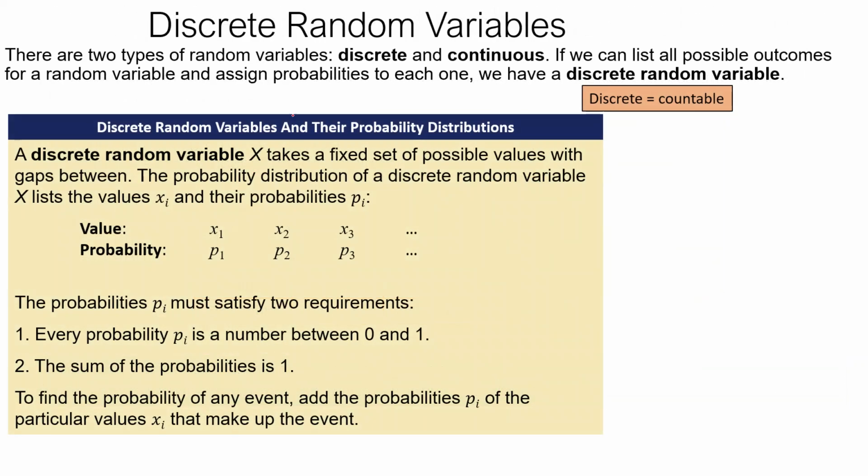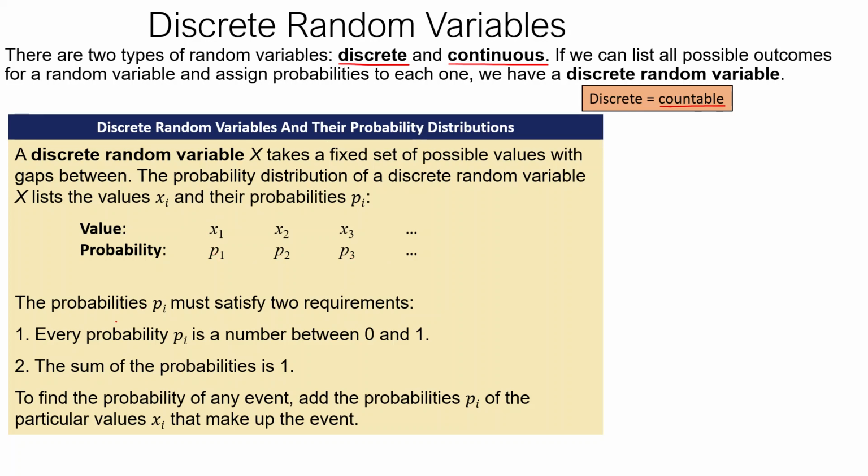All right, so next up, we have 2 different types of random variables. We have discrete random variables and we have continuous random variables. First we're going to look at discrete ones. Discrete ones are variables that you get from counting something. They're countable. So the variable could be like 1, 2, 3, 4, 5, whatever, and each one has a probability that goes with it, like probability 1, probability 2, probability 3,